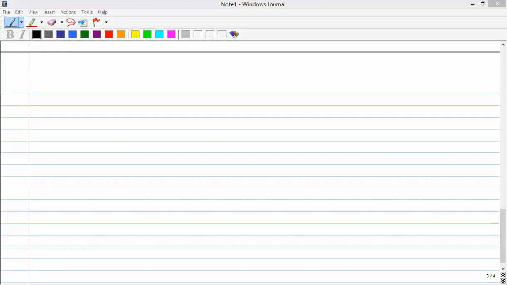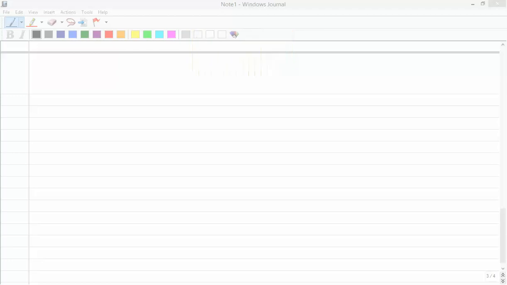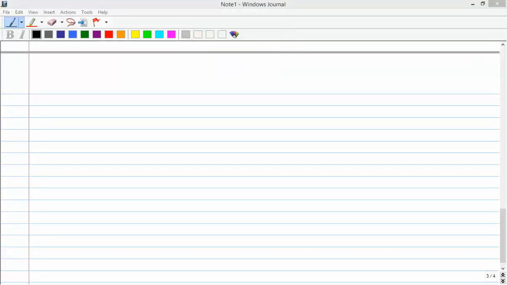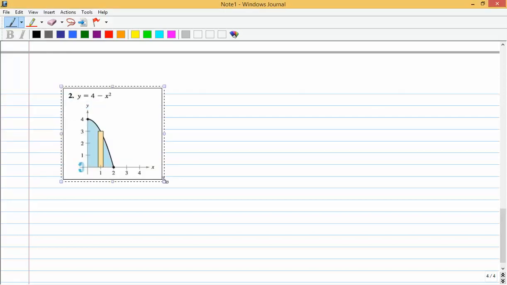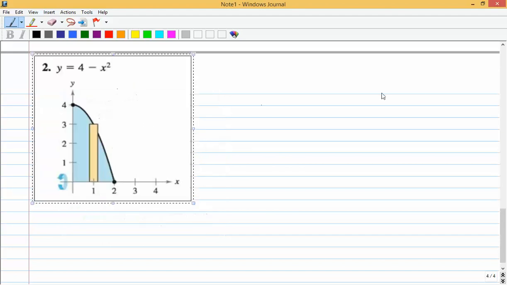And let's look at number 2 from the back of your section. On this in the book, it looks something like this. Alright, so if we revolve this about the x-axis,